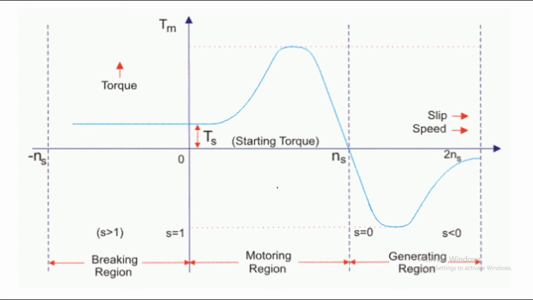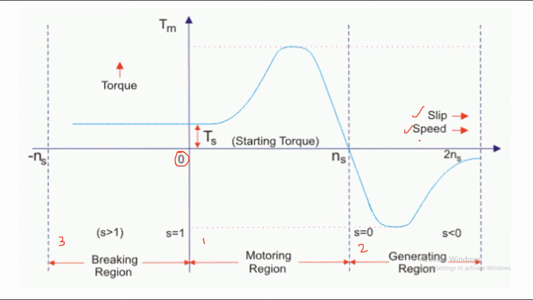So in this picture we can see the complete torque slip characteristics of a three-phase induction motor. We have three regions of operation: the motoring region, the generating region, and the braking region. For drawing any behavior on an ordinary graph we have to start with the origin. So here is the origin, and for drawing this torque slip characteristic we take two parameters on the x-axis: the first is speed and the second is slip.